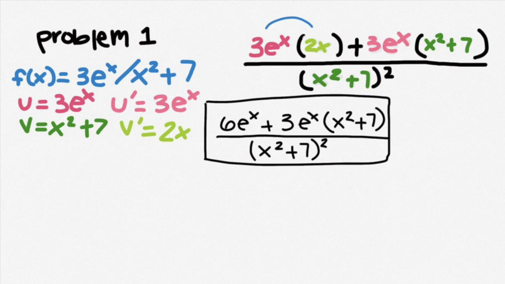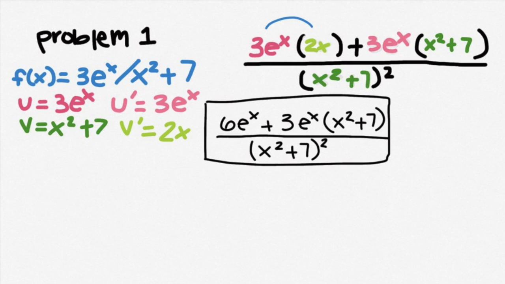Problem 1 is f of x is equal to 3e^x over x squared plus 7. First, we need to divide these two into u and v. u is 3e^x, and the derivative of u is 3e^x, which we see in pink and light pink. Now, v is x squared plus 7, and the derivative of v is 2x, which we see in dark green